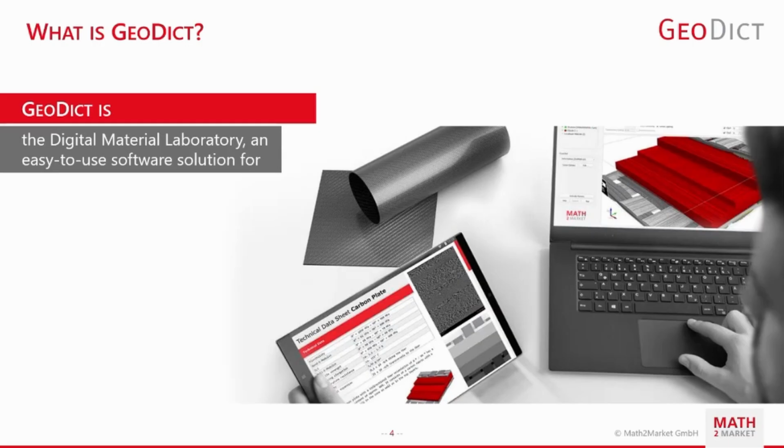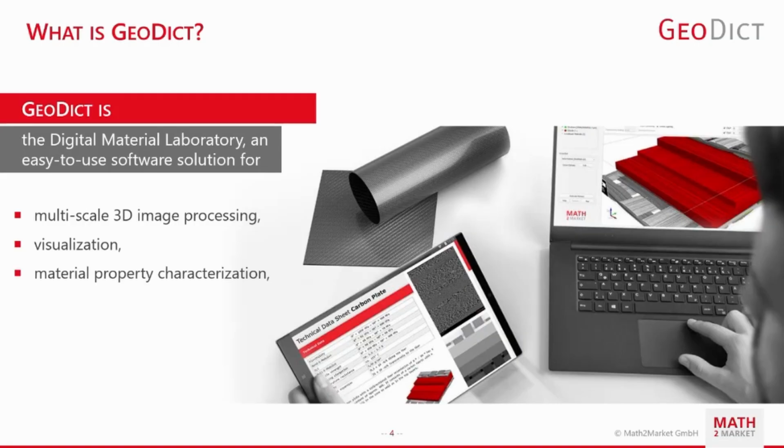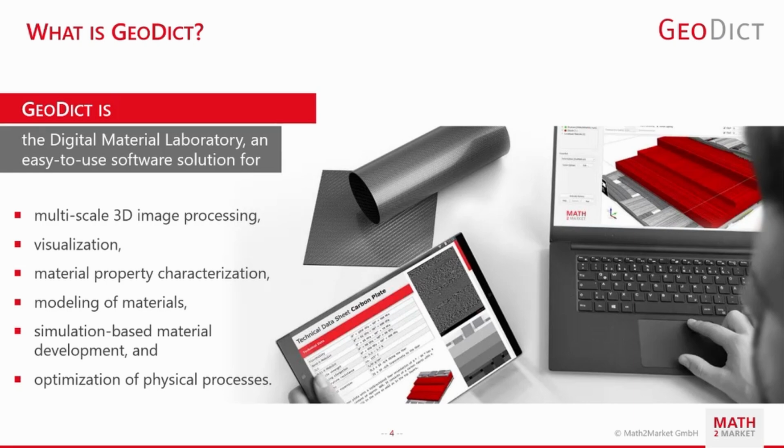So for the new users in the audience, what is GeoDict? It is a digital material laboratory, which is a software solution for multi-scale 3D image processing, visualization of 3D data sets, material property characterization from these 3D data sets, modeling of materials based on this, and simulation-based material development and optimization of physical processes. So that's quite a mouthful, and it's all based primarily on the simulation strengths of the software. It's an engineering simulation software for microstructural materials